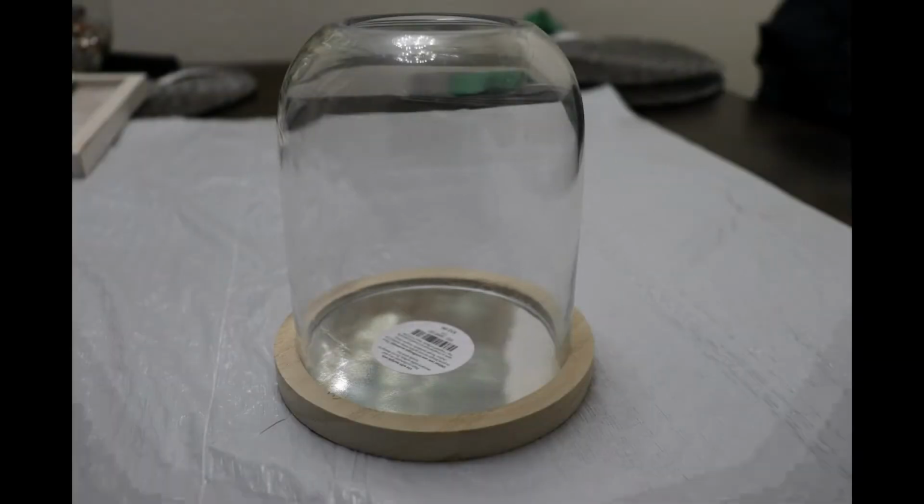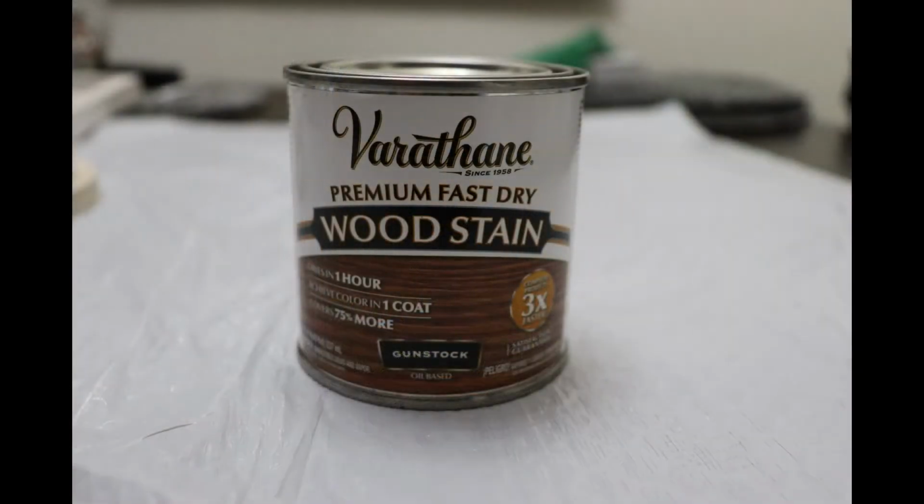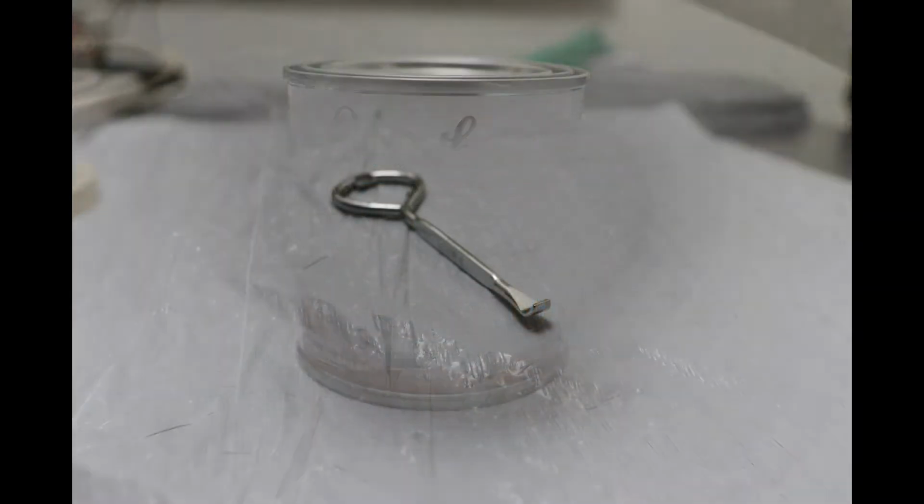Today we're going to be creating one of my 3 centerpieces for my wedding using this cloche and turning it into this. The things that I used to create this look is a wood stain, a church key so that we can get the can open,